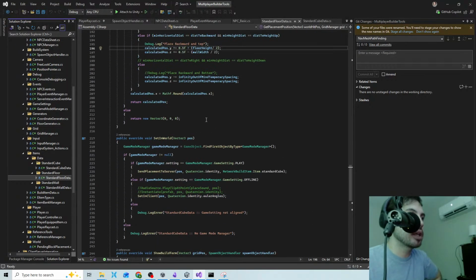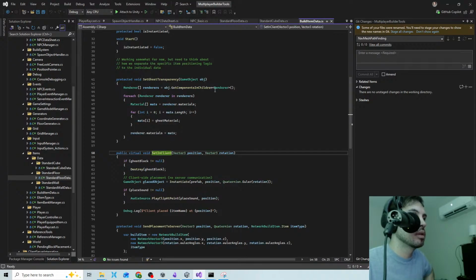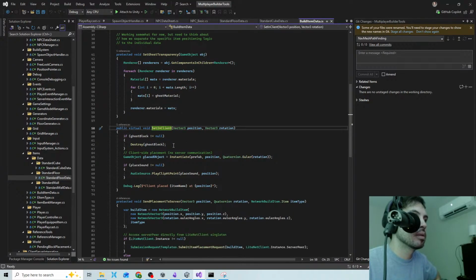So it should be in the setting client is where we need to basically